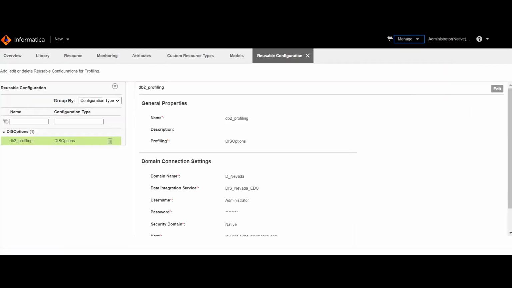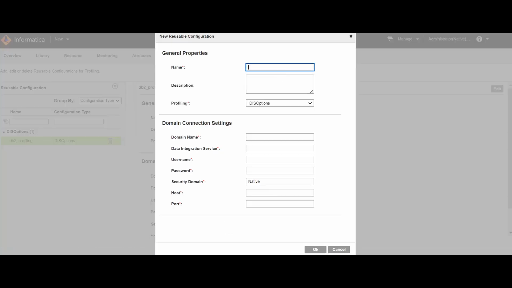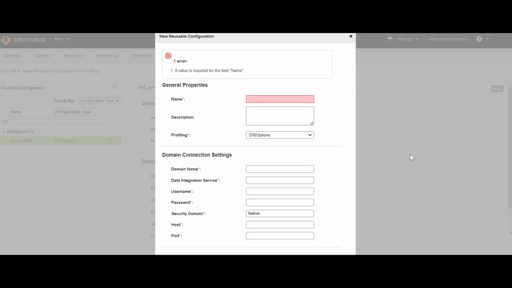reusable configuration. So this reusable configuration is nothing but the connection that we create for profiling. You can create a new reusable configuration, just give it a name, and then under the profiling option, choose DIS option, and just enter the domain name, DIS service name, username and password of the domain, and then security domain, host and port number. So once this is done,